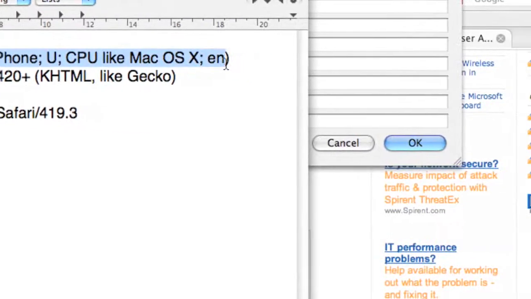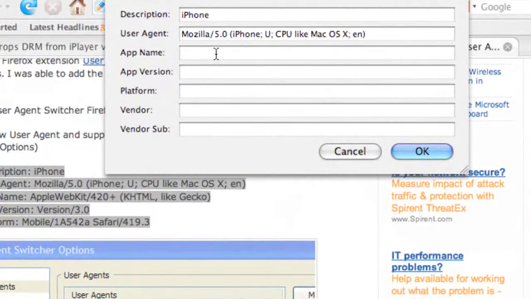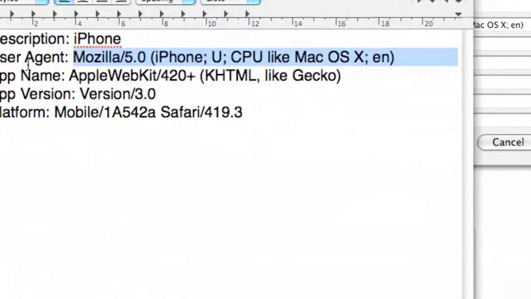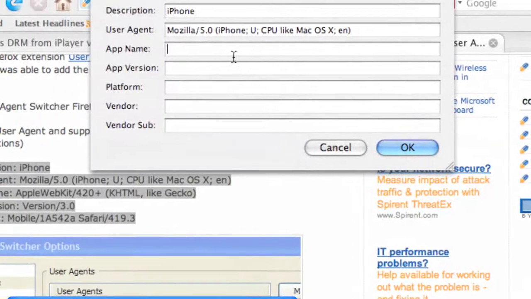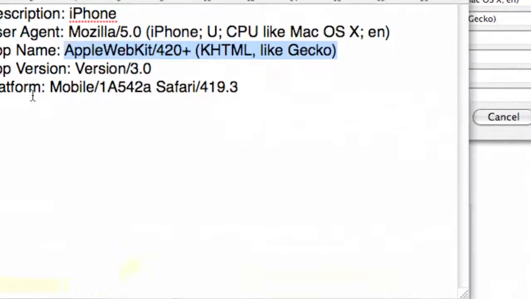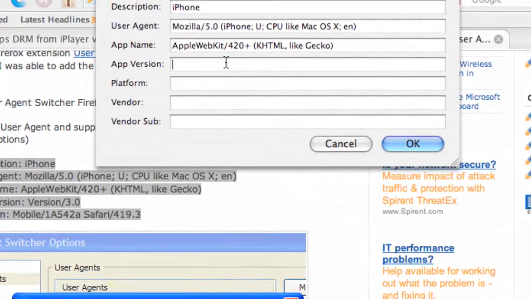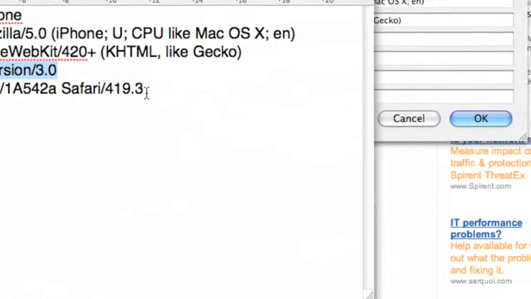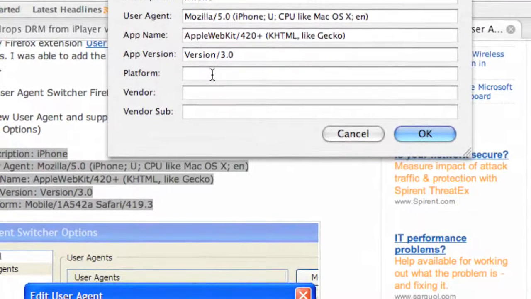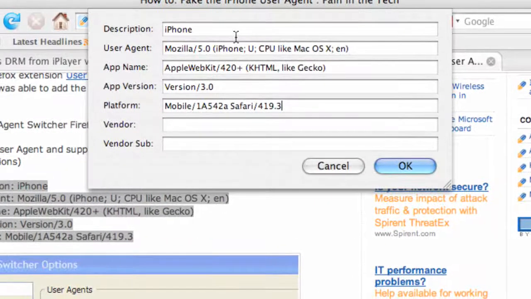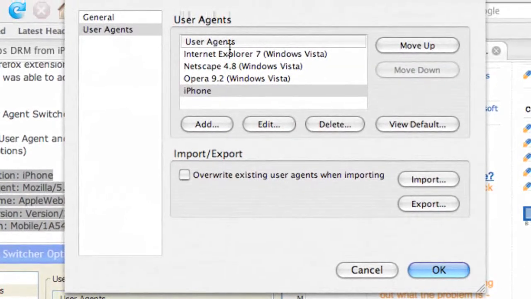The next is the user agent, Mozilla and all the rest, followed by the app name, followed by the version number, and finally the platform. Okay, that's all in there. Now we can OK that, and you can see now we've created this iPhone user agent. OK again,